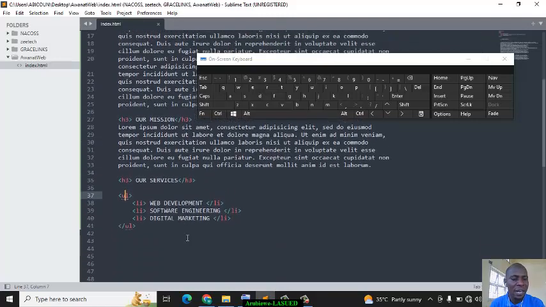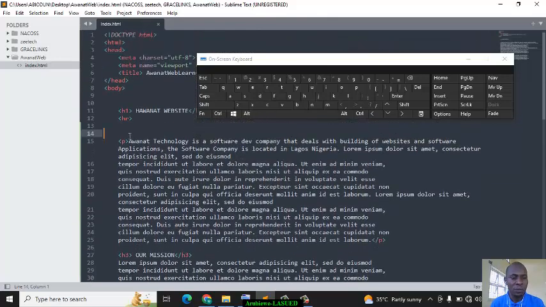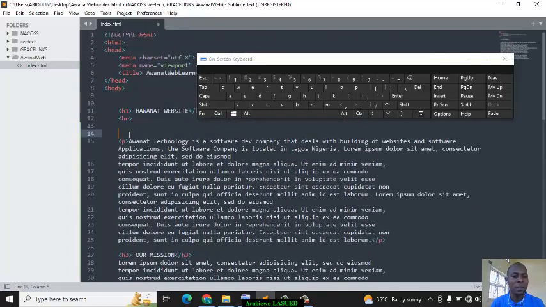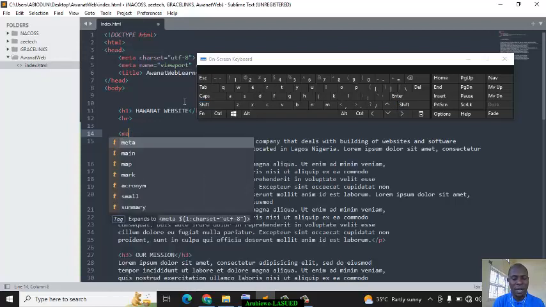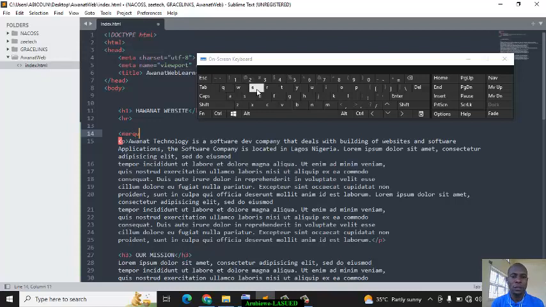Now, before I proceed to another tag, let me give you just a scrolling tag here. Let's put our code here. Let me just write something here. Let me just say marquee. The marquee is used to scroll text in a particular direction. Marquee,